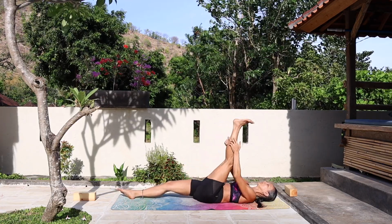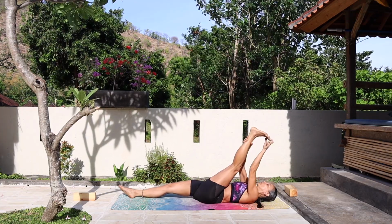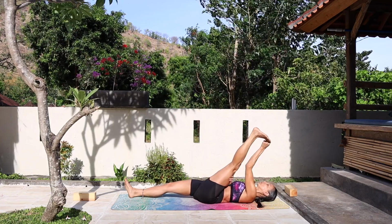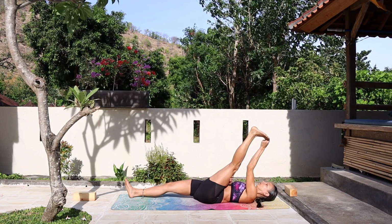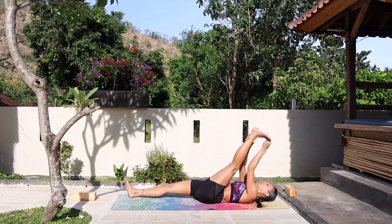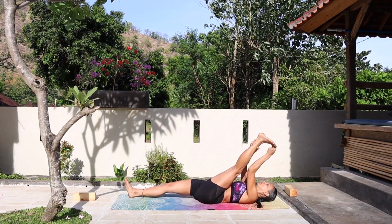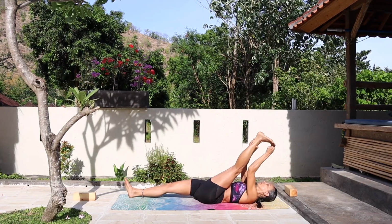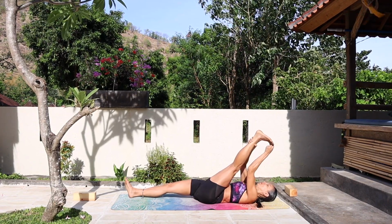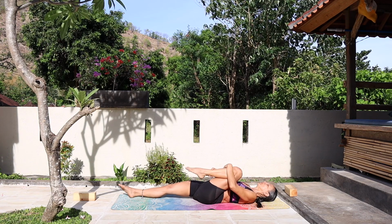Hold the leg and stretch it up. Maybe 90 degrees or maybe more like Martin is doing in the demonstration. The right leg firmly pressing down. Bring your shoulders down, neck long, face soft for 1, 2, 3, 4, and 5. Bring your left leg bent and take it to the right side